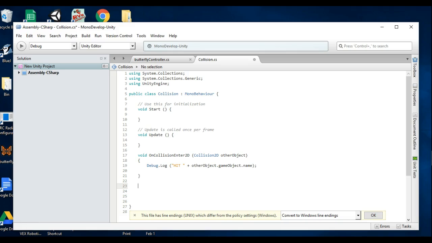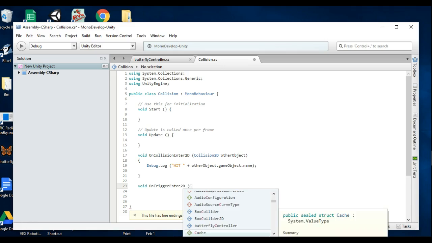So that's called a trigger. All right? So that's a little bit different method. Void OnTrigger, Trigger2D,